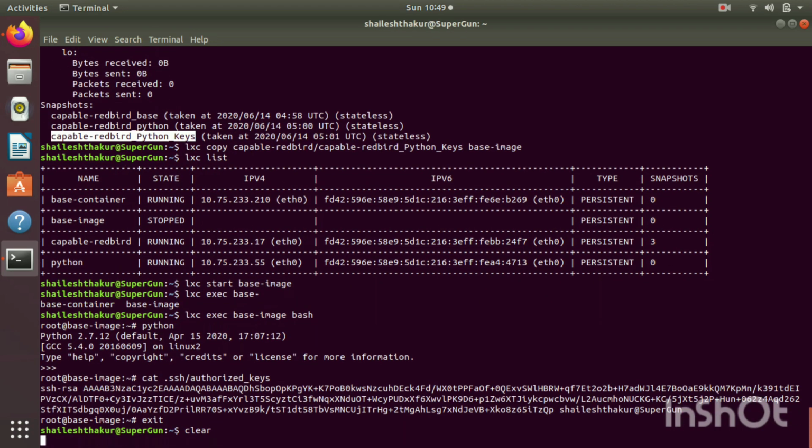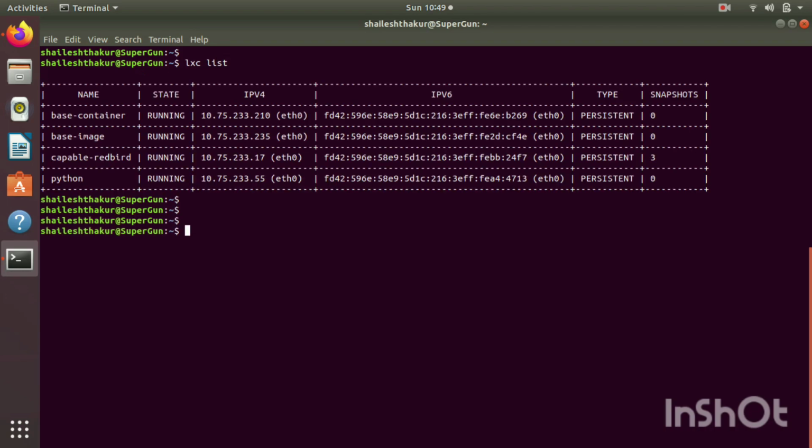Yeah, so we have this base image added. Yeah, this is how you do it. So currently we have so many containers in this. Now what I want to do is clean this up, so you can just do it by writing a single-liner bash: for i, get the container name out of it, and then just run a loop over the containers and run a command which actually deletes the container.